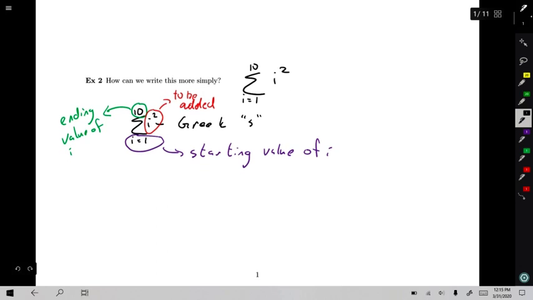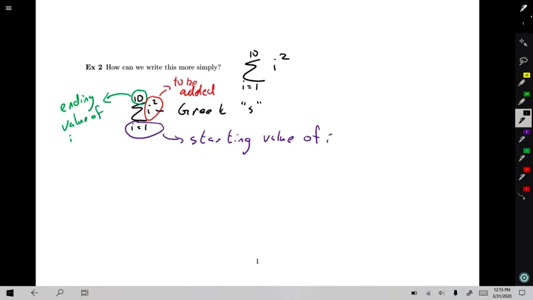with some kind of sigma notation, what you're going to do is say, well, the first thing I'm going to do is start at this i value here. Whatever is below the sum, I'm going to take that to be my i value, and I'm going to replace the expression with that i value. So for me, this tells me start at 1 for i, and then replace i with that starting i value in the expression. Here the expression is i squared, so I'm going to replace i by 1 and write